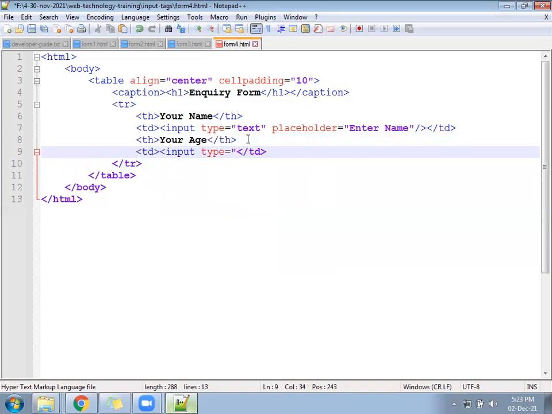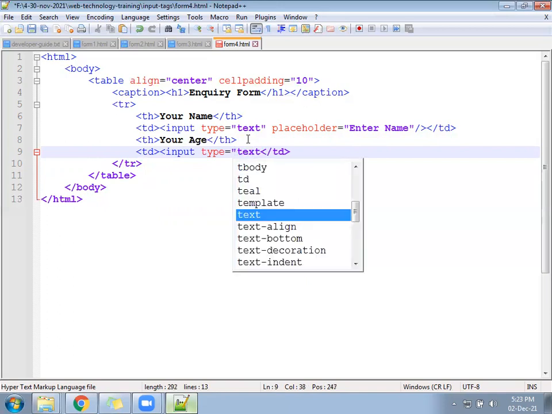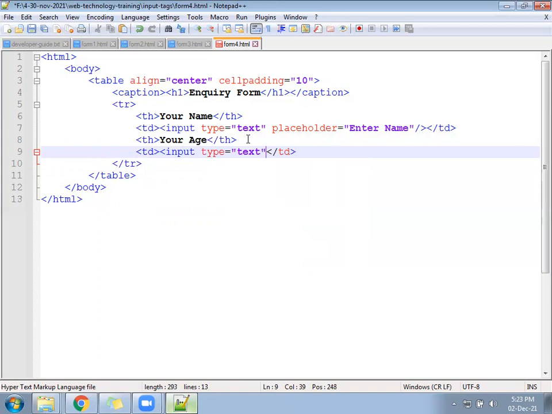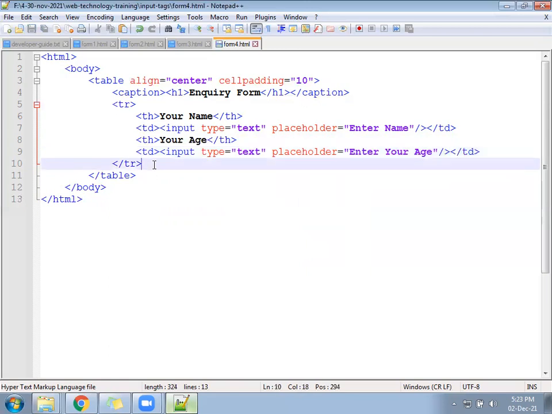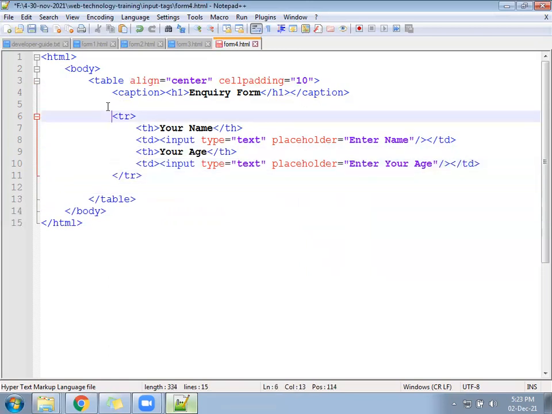People can write 20 years, 30 years. Input type equal to text. Placeholder equal to enter your age. So in one TR you have a total of 4 columns: TH, TD, TH, TD, following the same sequence.